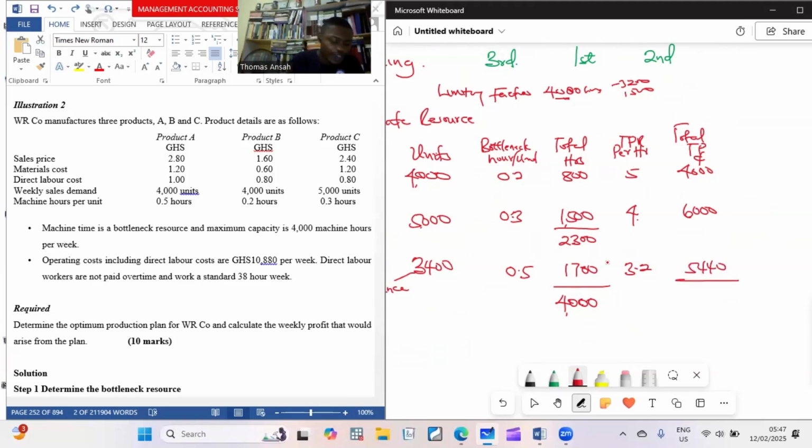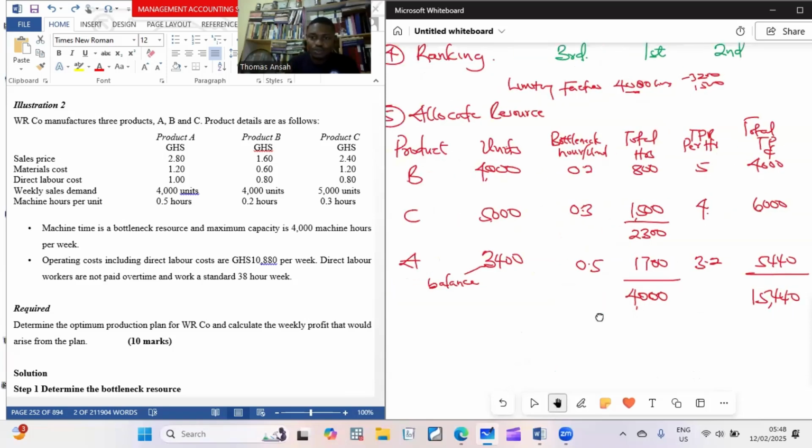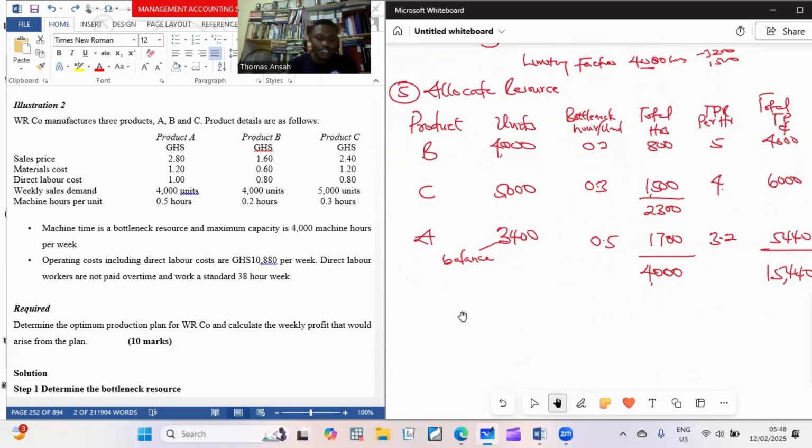Now, if I add everything, this plus 6,000 plus 4,000, that gives me 15,440. That is the total throughput that I'm going to get. Now, the question wants me to find out, after I have done the plan, calculate the